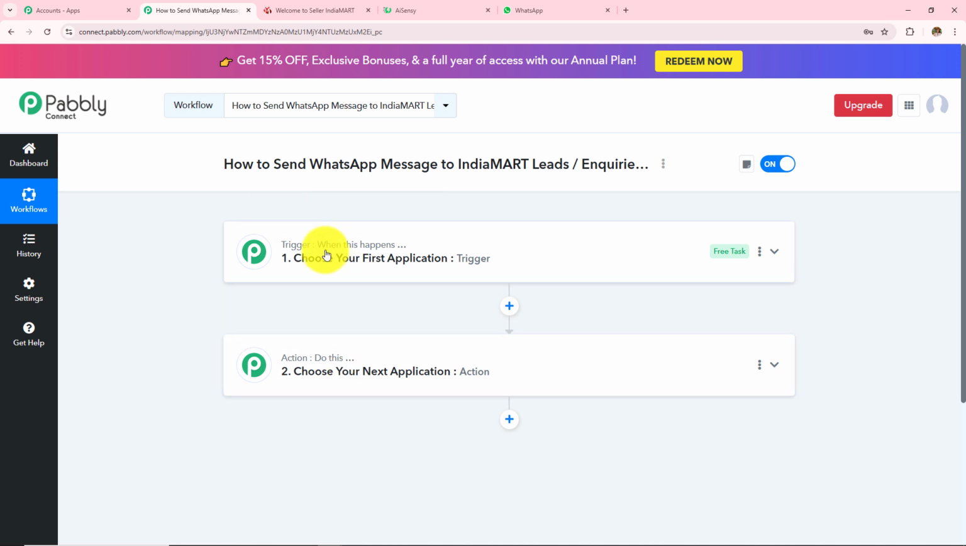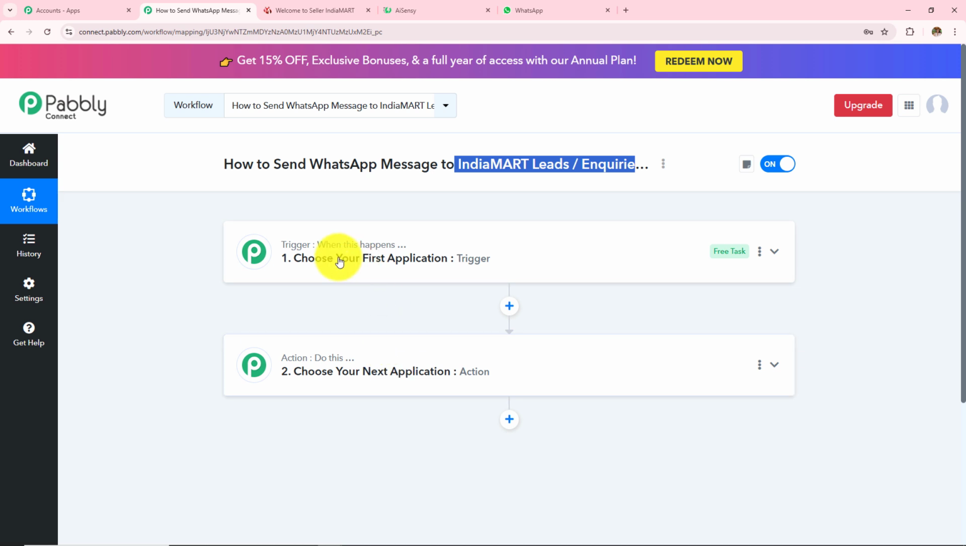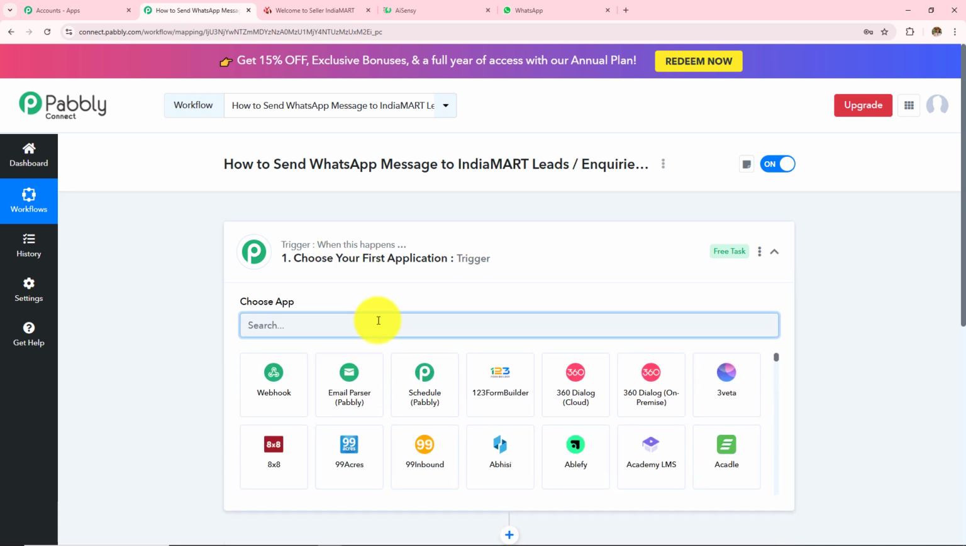Here in this workflow, I want to send WhatsApp message to IndiaMART leads and inquiries, which means whenever I will receive a new lead or the inquiry in my IndiaMART, automated WhatsApp message will be sent to that lead, which means this complete workflow here will get triggered, because trigger says when this happens. So whenever I receive new lead or the inquiry in IndiaMART and then action says do this, then send WhatsApp message to that inquiry. So here in my trigger application, I am going to take IndiaMART,